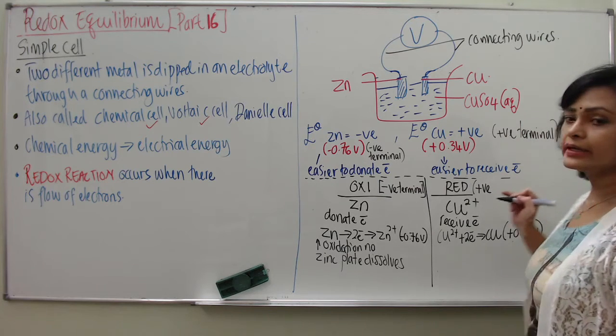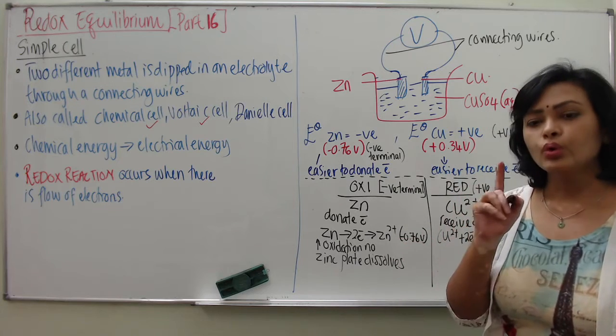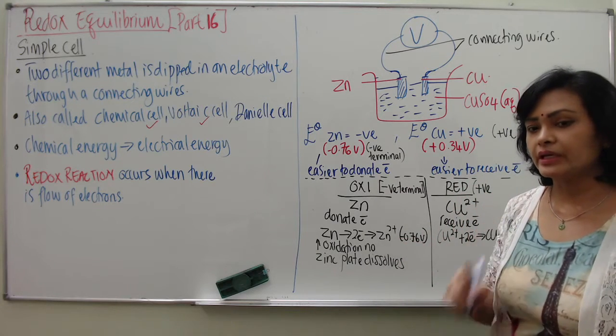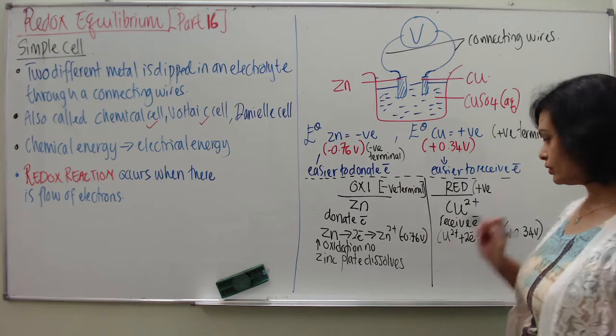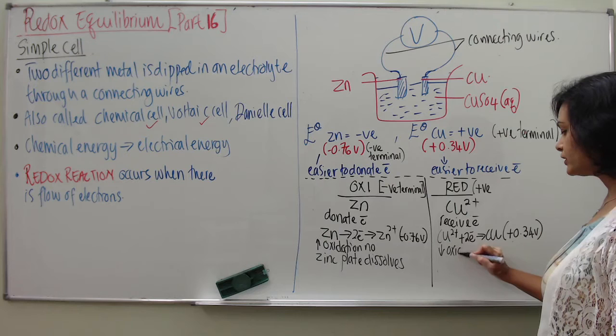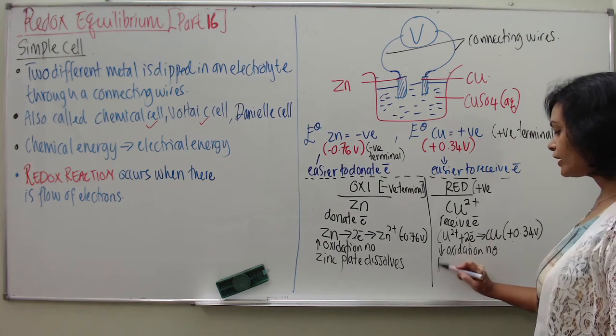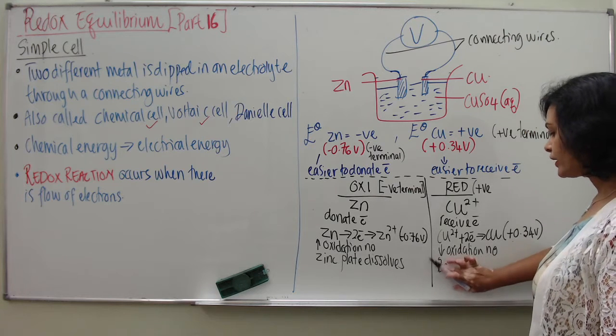Please remember that in simple cell, positive terminal goes through reduction, or positive terminal receives electron. So now oxidation number reduces. Okay, and we can find brown,